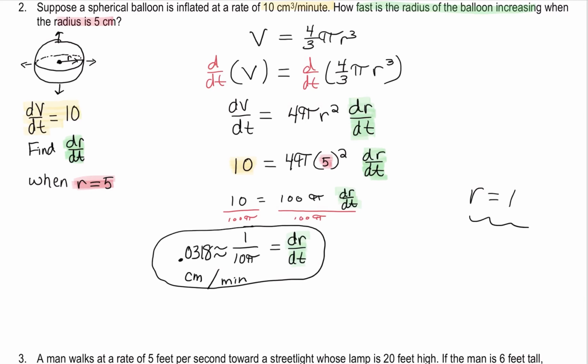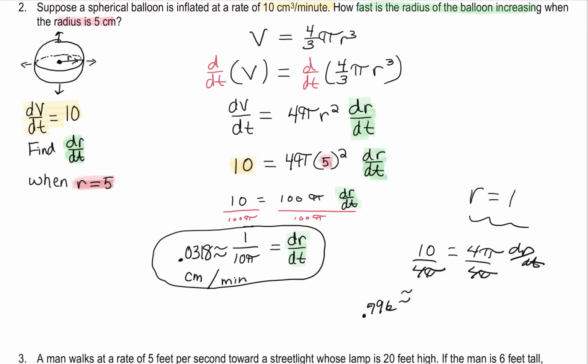Then instead of a 5 squared, a 1 squared. So 10 would have just been 4 pi dr/dt, and we would have been dividing by 4 pi instead of 100 pi. So obviously we get 5 over 2 pi, and I quickly typed this one into my calculator, about